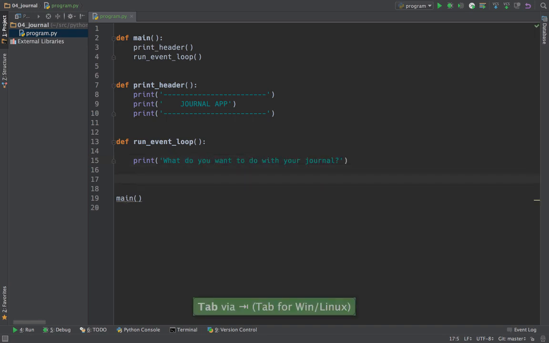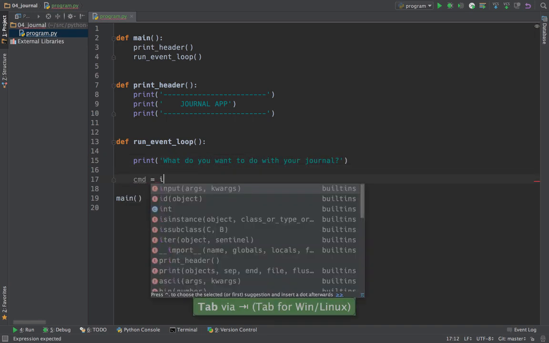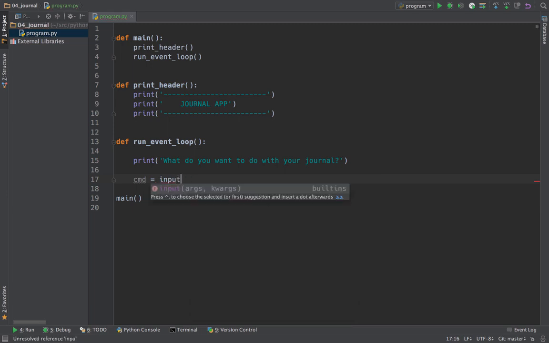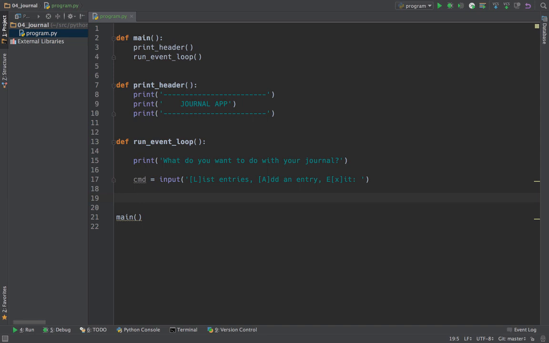And then we're going to capture the user input, and we'll call that command, using the input function like we have been, like so. And now we can compare this against our various options. So the three things they could type according to our menu option here is they could type L, A, or X. So we'll say if command is L, then let's just print the L for a moment. And then elif, command equals